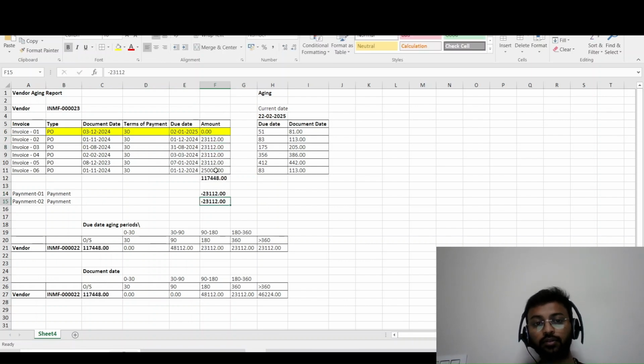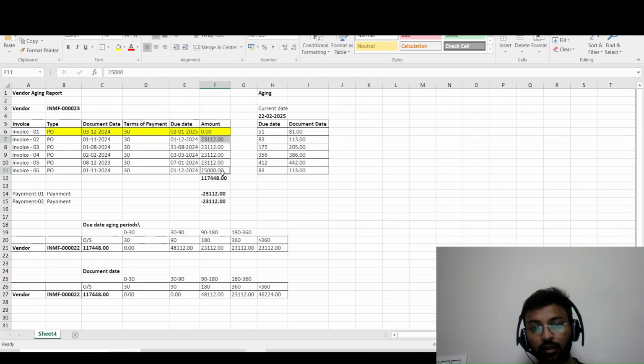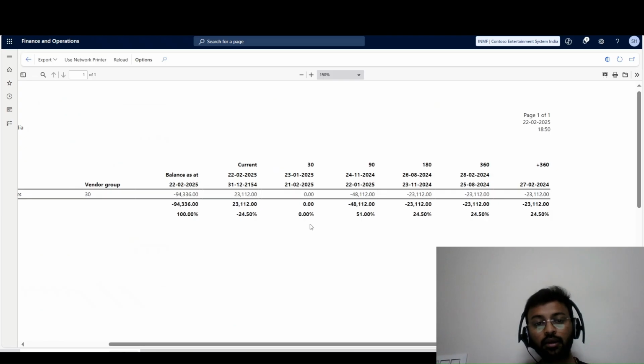So what happens, you will see that 23,000 and this 48,000, 23,000 and 25,000, which means 48,000 in my bucket of 30 to 90, right? And 48,000 is in this bucket, rest of the thing is same. And this 23,000 which is